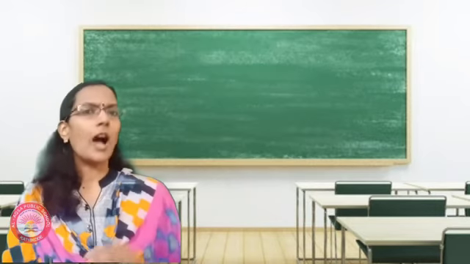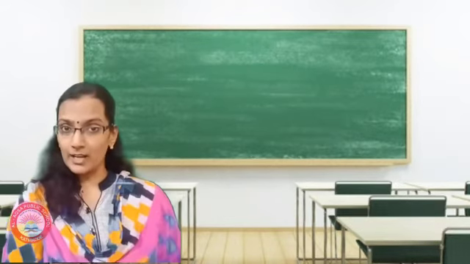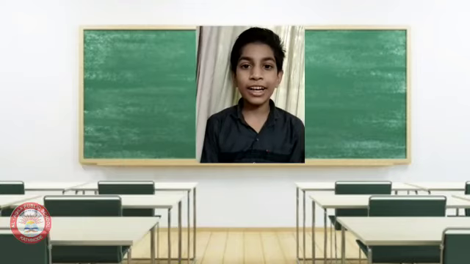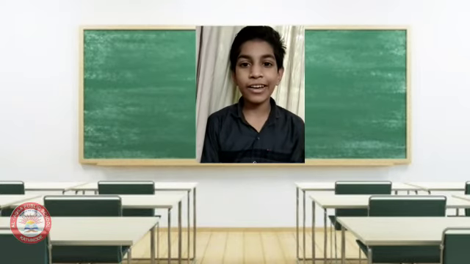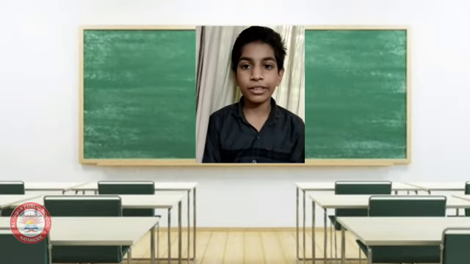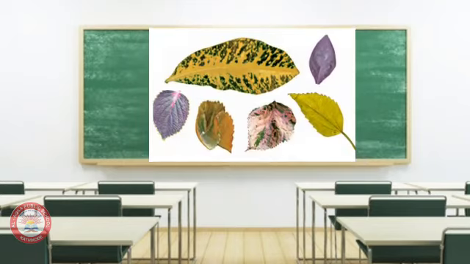Now tell me, are all plants green in color? Plants with other colors of leaves like red, yellow, etc. are also seen around. Yes, there are plants which have leaves other than green. They also have chlorophyll, but they have other pigments like red, brown, etc. which mask the green color.